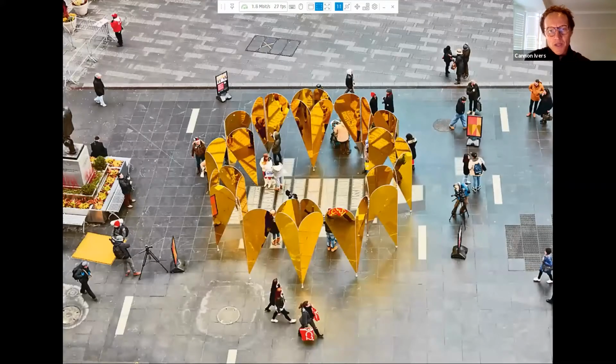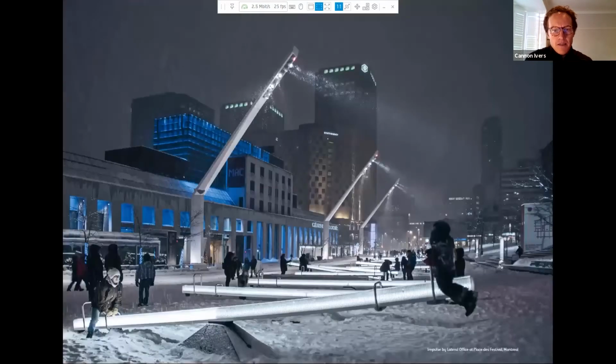In Times Square, we see with the Valentine Heart competition, again, that's I think in its 3rd, 4th, 5th year now. And each year it seems to get more interesting, more complex, more engaging. The other phenomenon that we're starting to see is traveling interactive installation. So this installation by